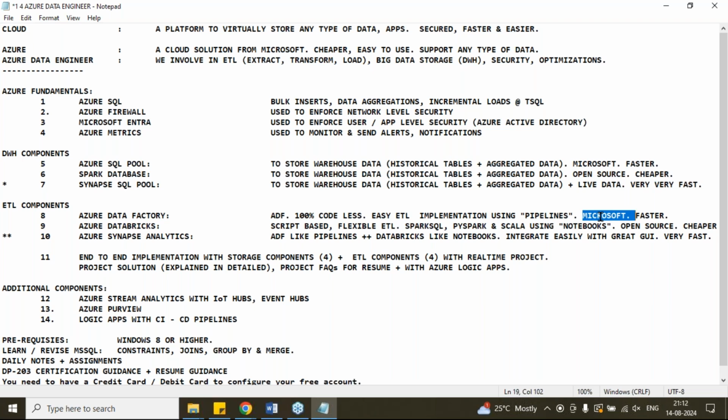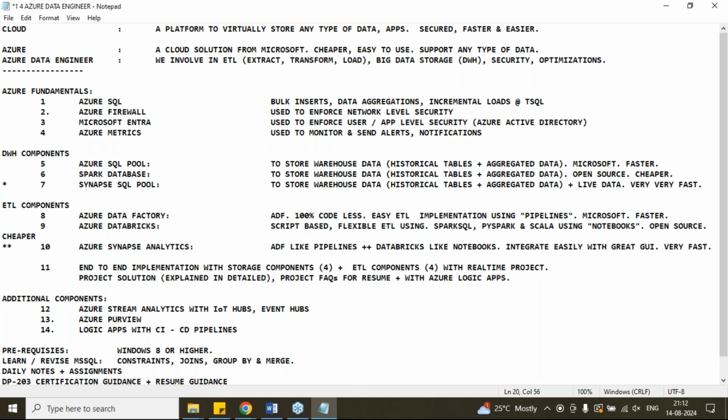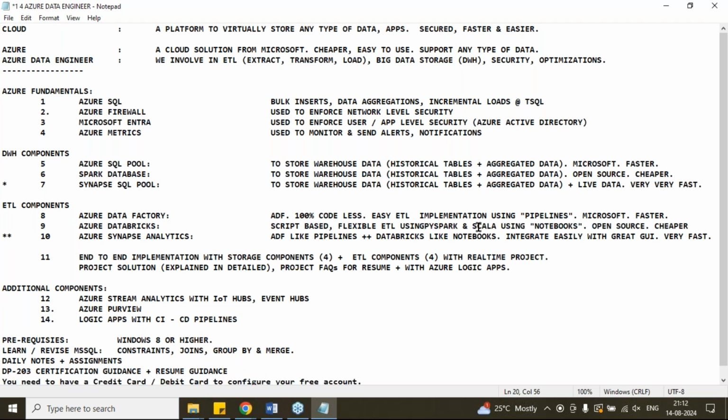Microsoft ETL brand, faster. Azure Databricks, script-based flexible ETL, no programming but scripting will be involved. Here comes using Spark or simply say PySpark and Scala notebooks. Open source,